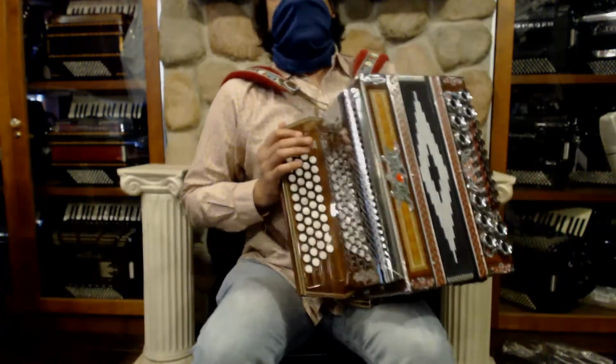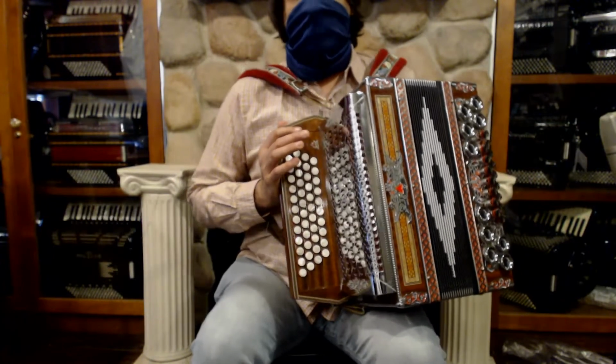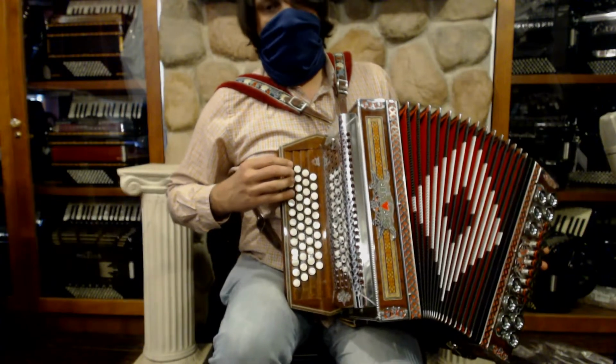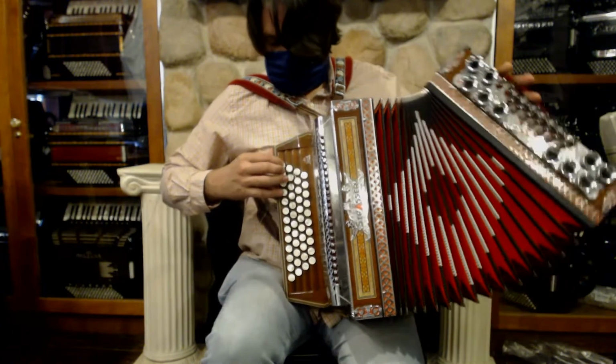This instrument is the regular traditional Steirische setup for a Strasser button accordion. So I'm going to play all of the notes in each row, going in so that you get the tonic key in G. And